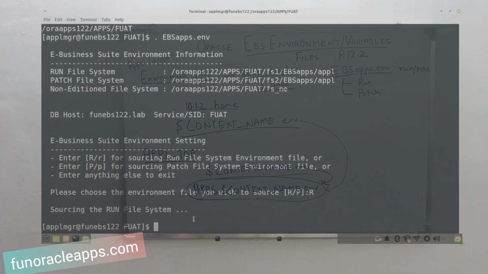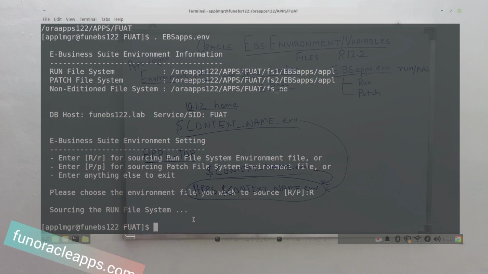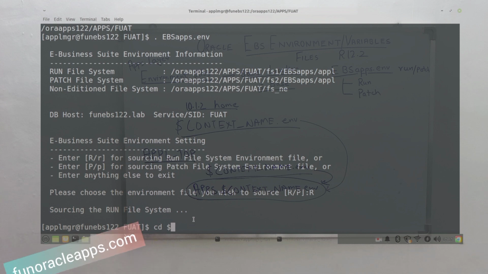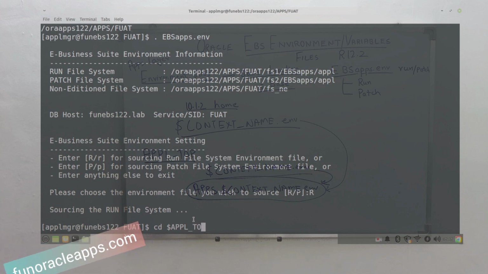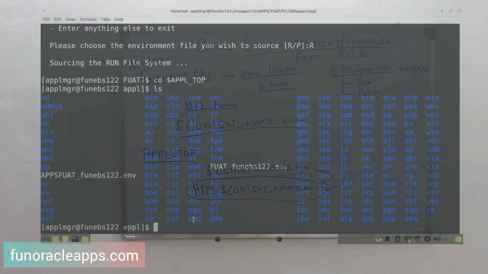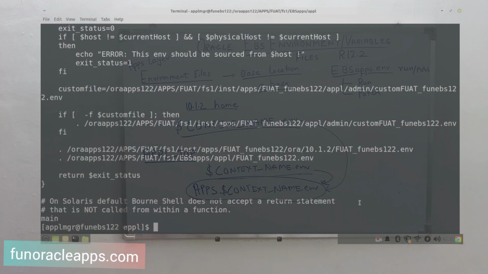If I go back to my application layer, as I told, this is my wrapper. So I will cd $APPL_TOP, and here you will see two files, apps$CONTEXT_NAME.env and CONTEXT_NAME.env.